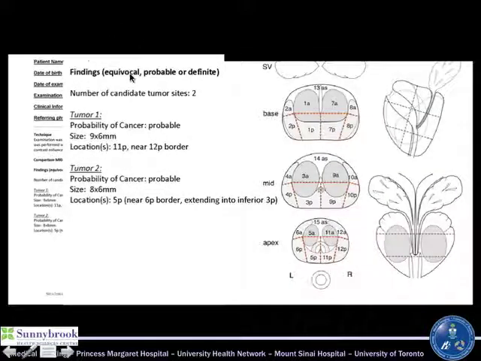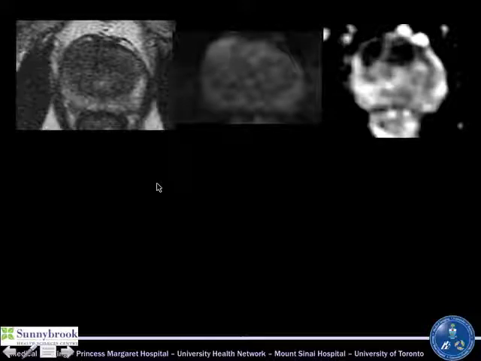And so I identify the number of candidate tumor sites. If there's more than 3, I usually don't go into a lot of detail for more than 3. I don't think it's relevant. But I will just say that there's other potential sites. I'll give a probability of cancer, a size, give their locations on this chart, and then give those added